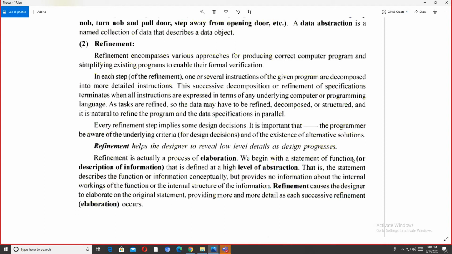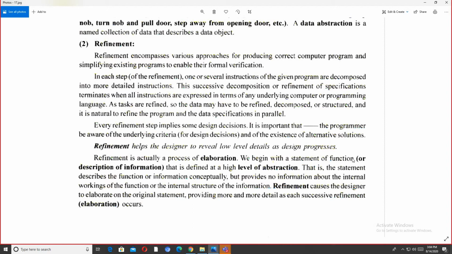Moving further, every refinement step implies some design decisions, as it is important that the programmer be aware of the underlying criteria and of the existence of alternative solutions. Because the programmer is dealing with the process of refinement, which is further translating and transforming the abstract information into computer source code. So the programmer must be aware of the existence of alternative solutions, because eventually when you are going to program it into source code, there has to be a proper flow of information from higher levels of abstraction to lower levels of abstraction,